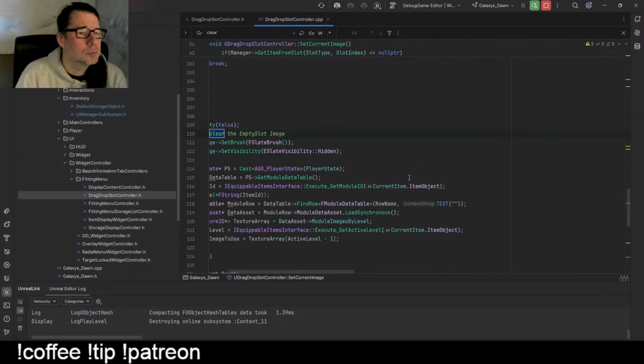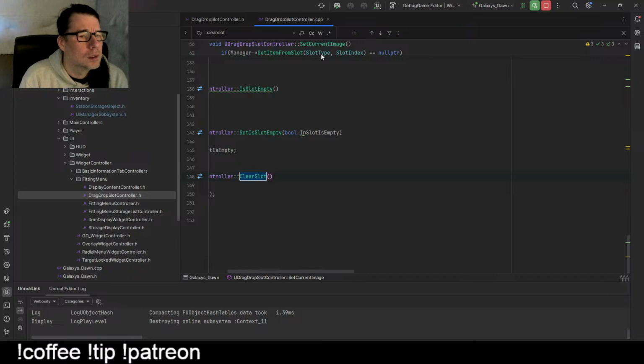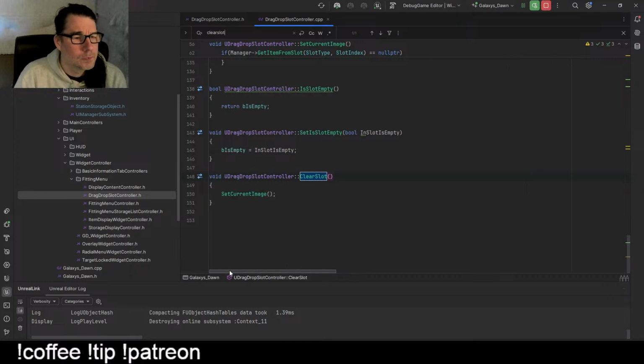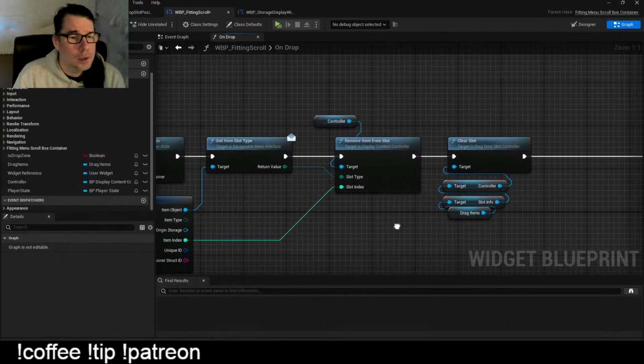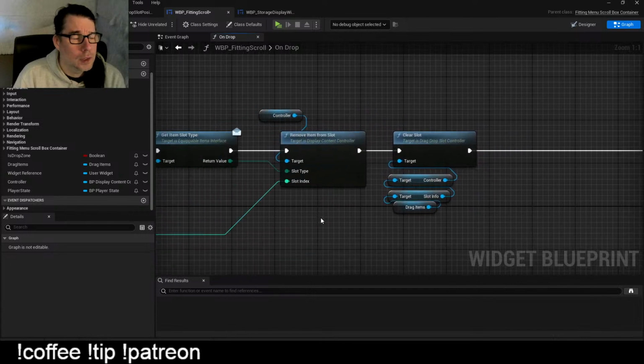Clear slot. All right. So we're not passing anything in. Access none, trying to read property slot info. Yeah, the thing is that when we're dragging it from